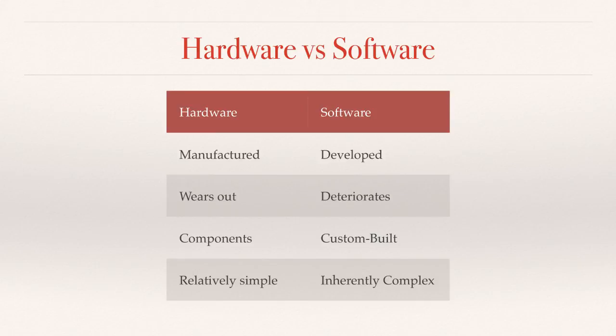Pressman gives 4 differences between software and hardware. However, I have to warn you that this is not something you will find in the 8th edition of the book. In fact, the last difference here, that software is inherently more complex than hardware, was dropped way back in